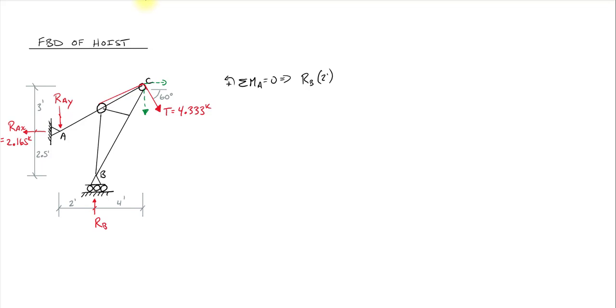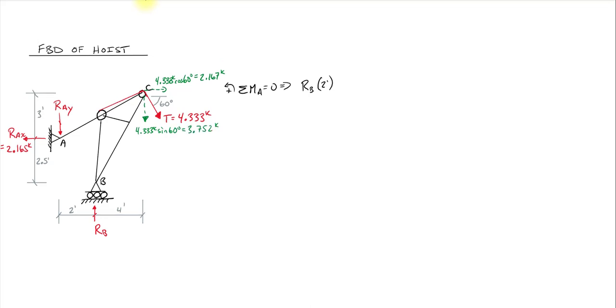So the X component is going to just be the tension times the cosine of 60, because you can see my angle work right there. So this is 4.333 kips times the cosine of 60 degrees, 2.167 kips. And then the vertical is going to be times the sine of 60. So this is 4.333 kips times the sine of 60 degrees,